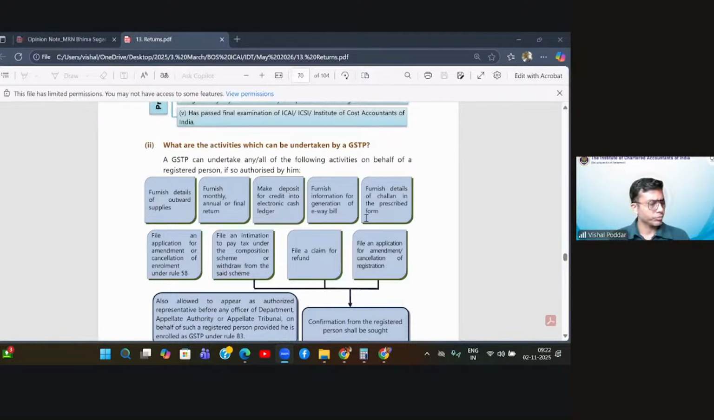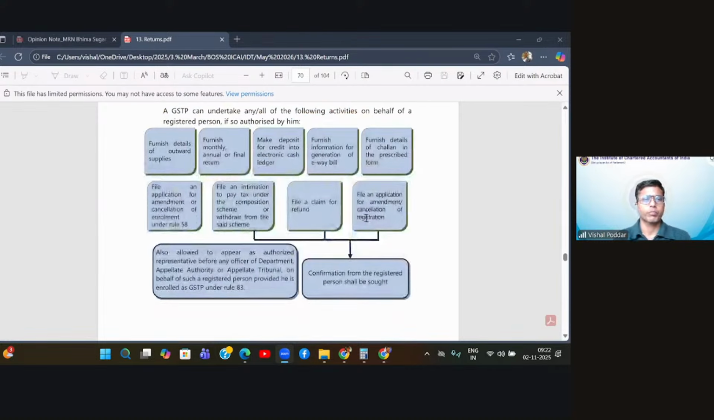A GSTP can undertake any or all of the following activities on behalf of a registered person, if so authorized by him: furnish details of outward supplies, furnish monthly, annual, or final return, make deposit for credit into electronic cash ledger, furnish information for generation of e-way bill, furnish detail of challan in prescribed form, file an application for amendment or cancellation of enrollment under Rule 58, file an intimation to pay tax under the composition scheme, withdraw from the said